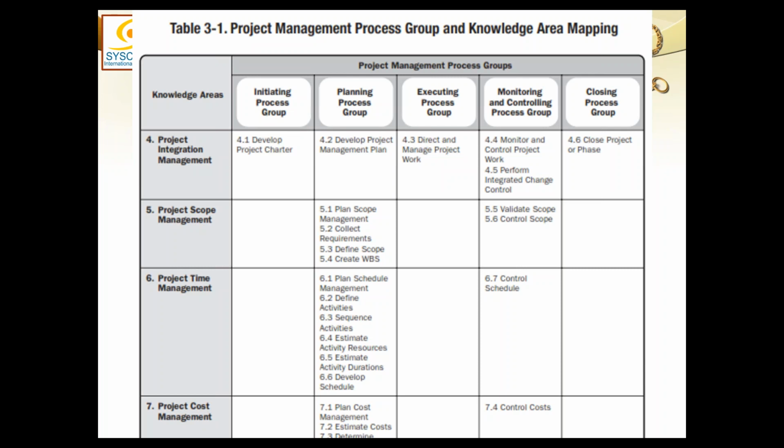This is the minimum ingredient of a project management plan. Project management plan is composed of at least 11 management plans and 3 baselines. If somebody asks you to name those management plans, you can always name them. If somebody asks you what are the baselines, you know what the baselines are. So the baselines are only for scope, time, and cost. Exactly. But the management plans are for every knowledge area. Every knowledge area. Okay, sir. Yes. So this is okay, right?